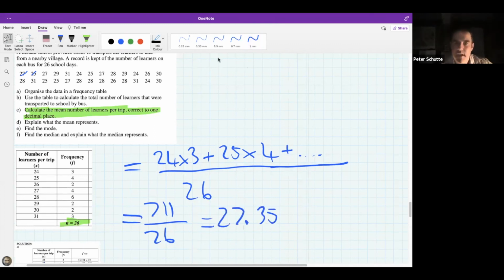Okay. Now, I am seeing, I think for those who made a mistake, they probably just made an adding error with the 711. So can you please find for me next, I want you to find the mode